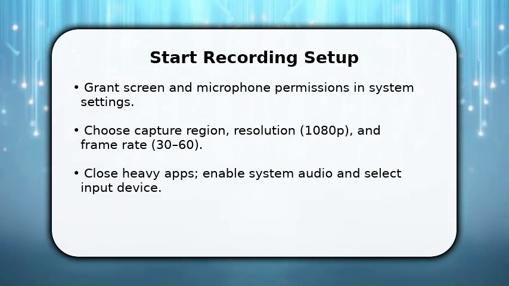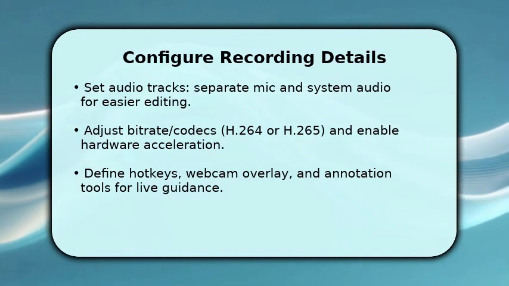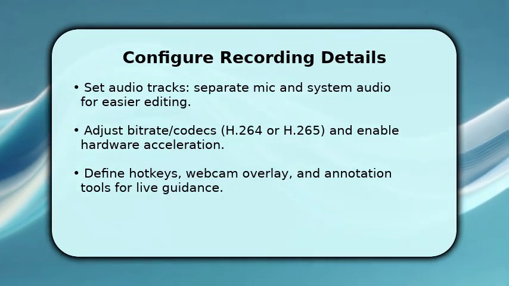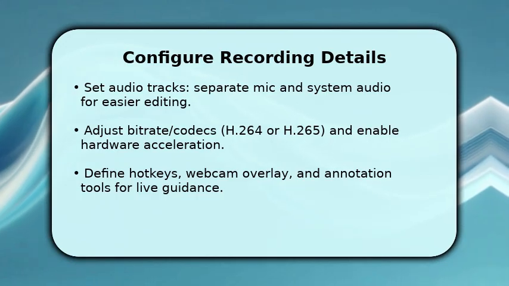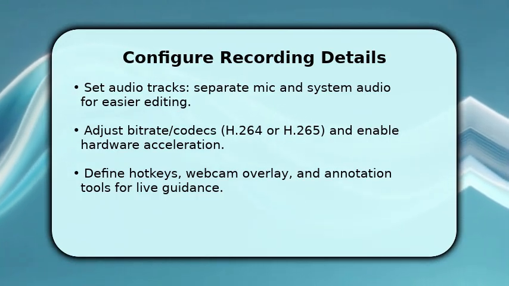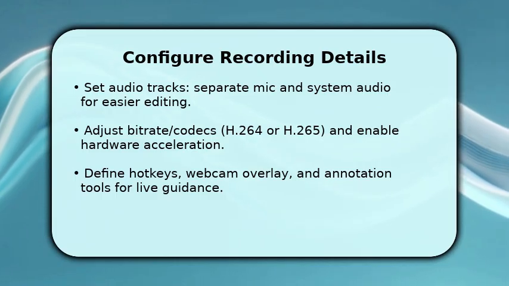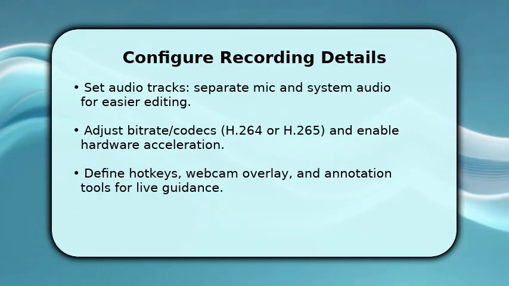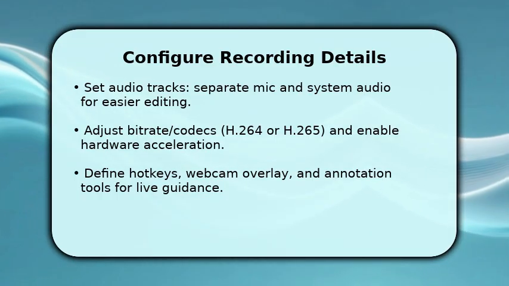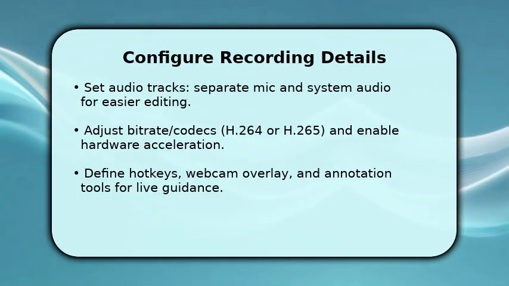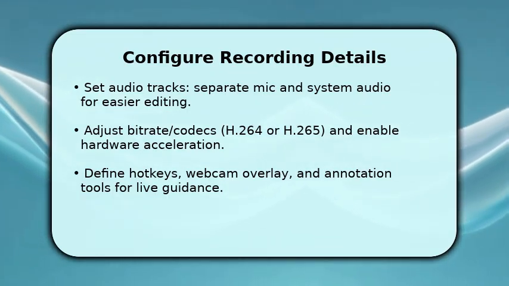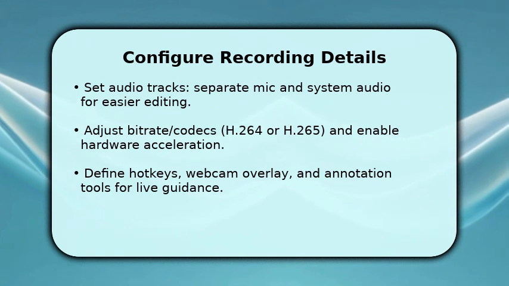Now you refine capture settings so editing is painless. Choose separate audio tracks for mic and system audio, that way you can fix voice levels later. Then pick a codec like H.264 for compatibility or H.265 for smaller files, and set a bitrate that balances quality with file size. Make sure hardware acceleration is on if available. Next, bind Start/Stop hotkeys, enable a webcam overlay if needed, and turn on annotation tools so you can point things